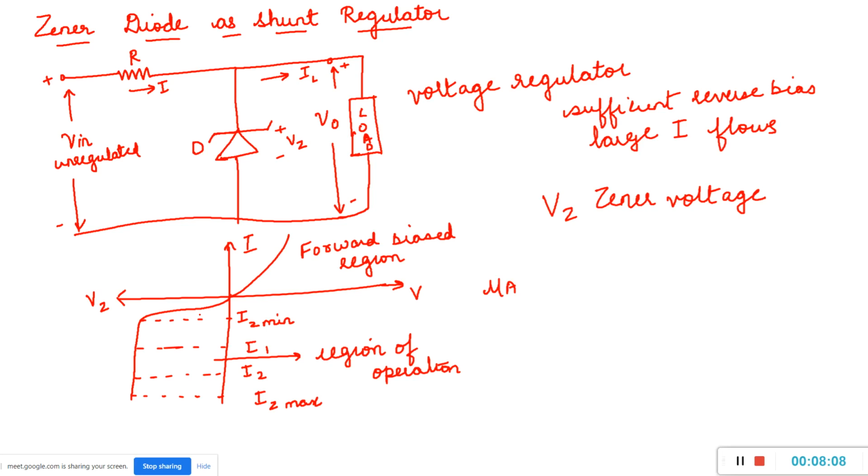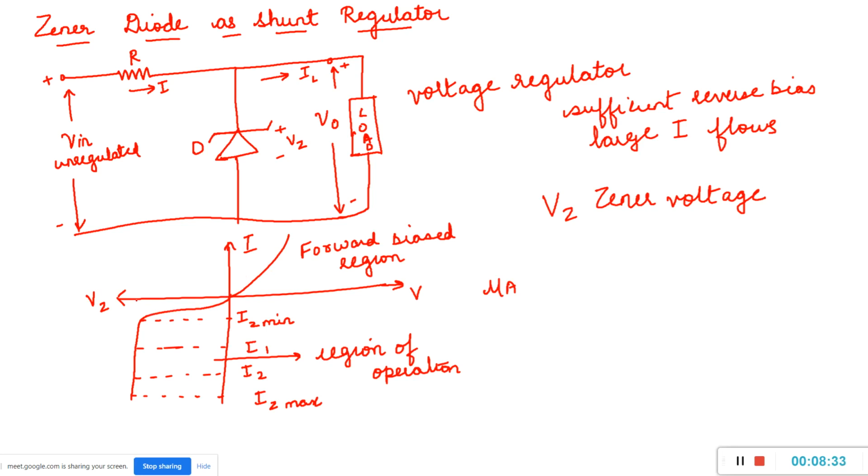So, there are standard values like plus 5 volt, plus 10 volt, plus 12 volts. So, constant voltage should be applied to any device in order to conduct to its best. Here the Zener diodes provide a shunt regulator, that is, a voltage regulator. How? Whenever you apply a small reverse bias voltage, a small amount of current flows.